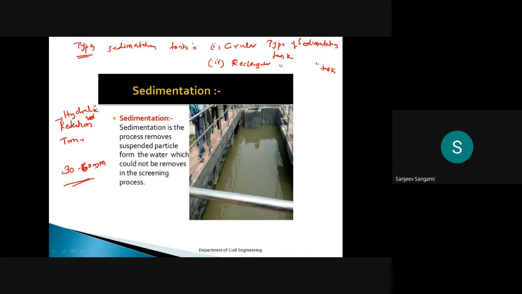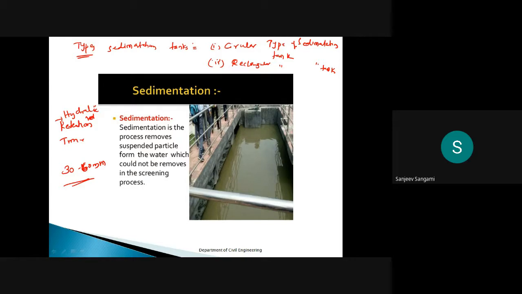I already said how we completed the screening process, we completed the aeration process, and we have now arrived at the sedimentation process. In the screening process, the velocity will be very high, and wherever the screens or bars capture, that can be removed. But some of the sand particles or silt particles normally escape even through the fine screens. So we are going to remove those in this sedimentation process.